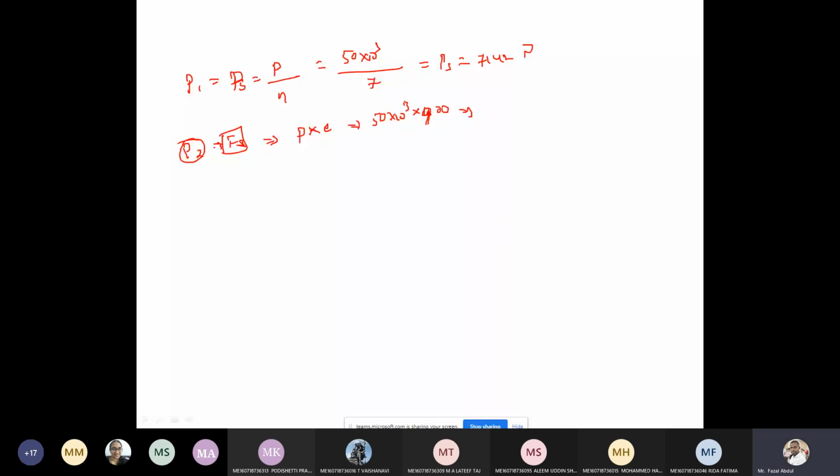How much is the eccentric load? 20 into 10 to the power of 6 newton mm. This is the turning moment, nothing but the eccentric load on the system, 20 into 10 to the power of 6. Now see here,